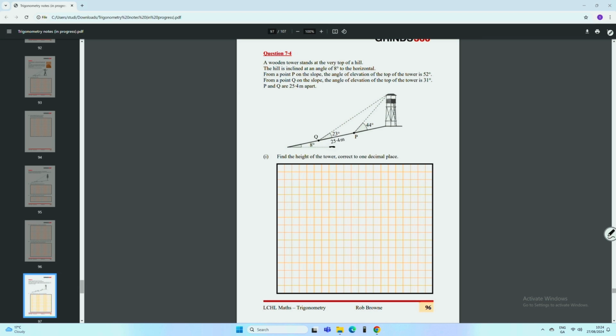It says from a point P on the slope, the angle of elevation at the top of the tower is 52 degrees. And from a point Q on the slope, the angle of elevation at the top of the tower is 31 degrees. And we're told the distance between P and Q is 25.4 meters. That's on the diagram. So you'll notice that again, these two angles here have already been adjusted for the